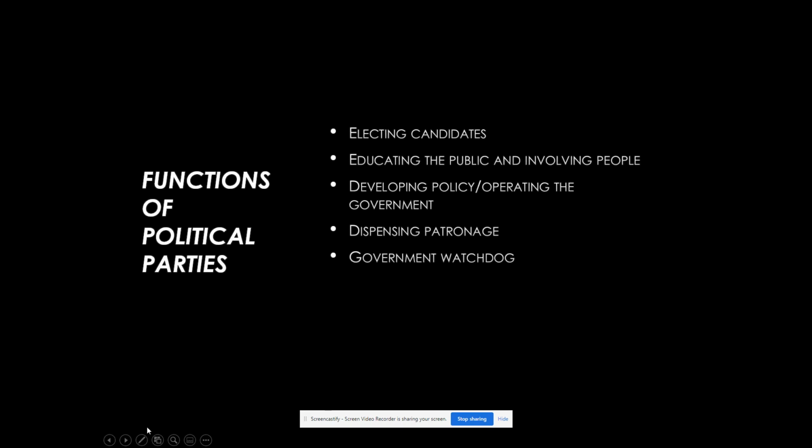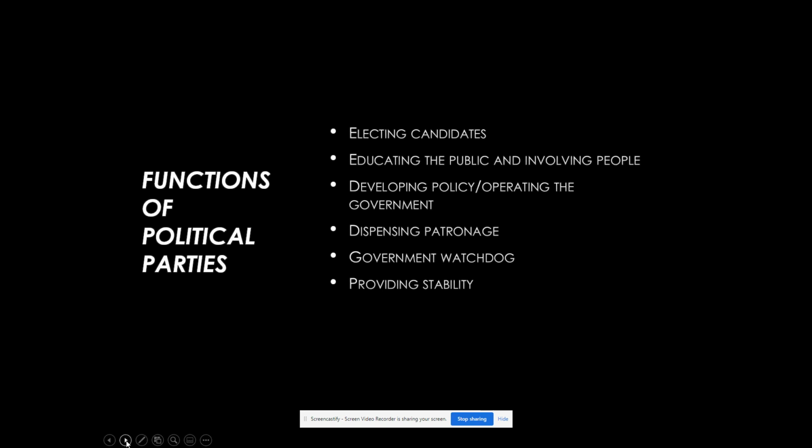Government watchdog, too. Think of this as like checks and balances. The political parties do a very good job of watching one another. Guarantee you, if the Republicans who control the Senate screw up somehow, some way, the Democrats that control the House are going to let us know. They're not going to keep it a secret. If the Democrats in the House do something that they're ashamed of or that they shouldn't, don't worry about it being kept a secret. You're going to have President Trump, a Republican, or the Republican-led Senate call them out on it. So they do a good job of that as well, too.